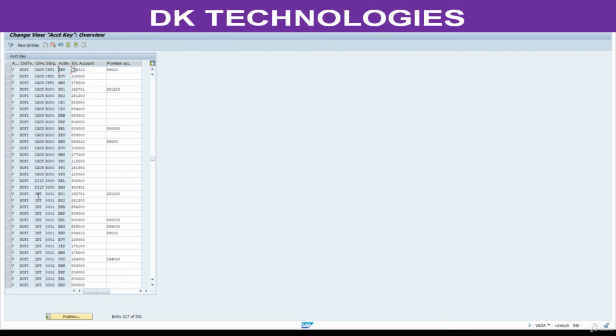See here INT starts. See here you will find, here it is ERL. The INT and ERL combination we need to find.